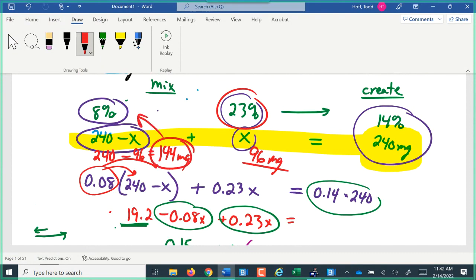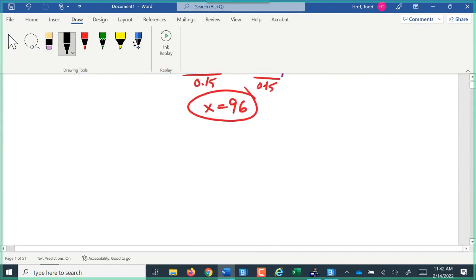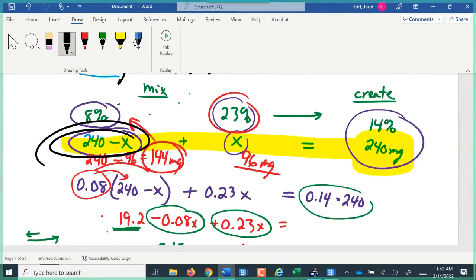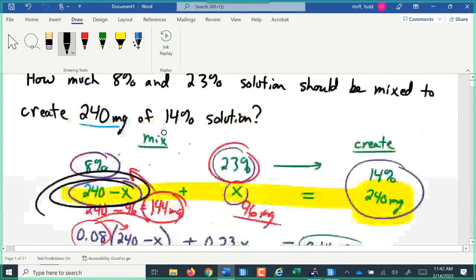So we've answered that. Now, I realize many of you have probably had, at this point in your high school career, Algebra 2 or Advanced Algebra. A problem like this actually could have been solved with a system of equations. We avoided the system of equations by doing this 240 minus x, but we could have very well done a system of